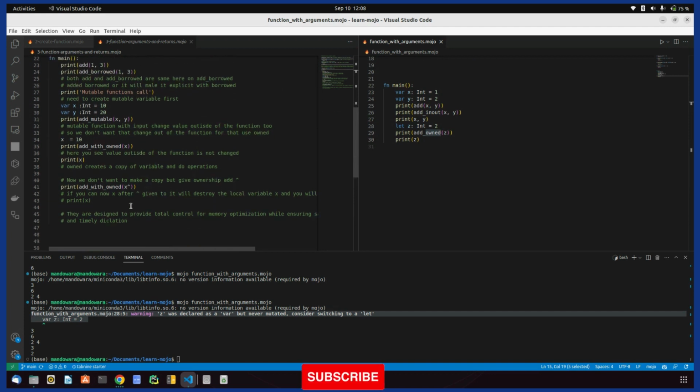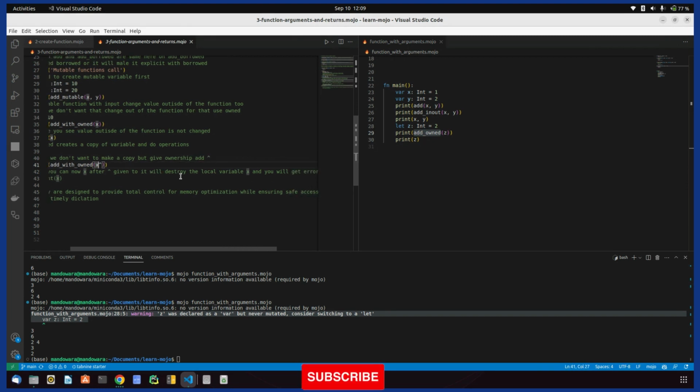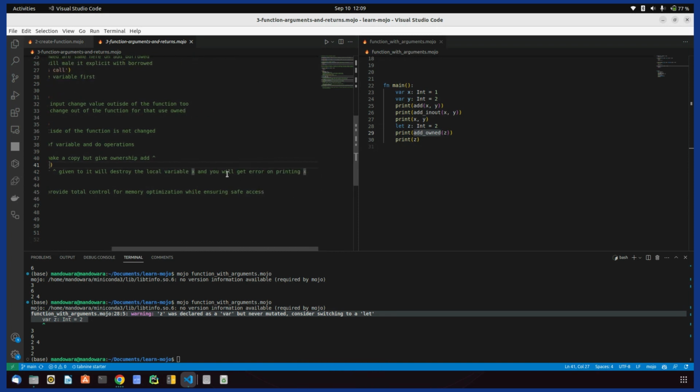Okay. Another thing I forgot to explain to you is, as what owned does is it creates a copy of the variables, right? And that can be a time consuming thing, right? So you can see it here. Now we don't want to make a copy but give ownership, right? For that you can use this symbol on a variable that we are sending, and it will destroy the local variable x, and you will get an